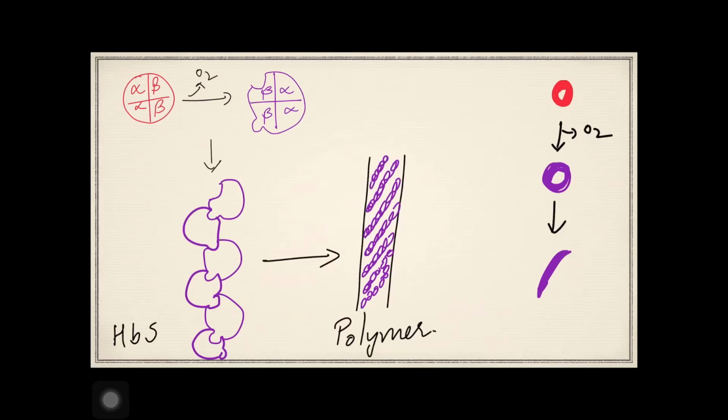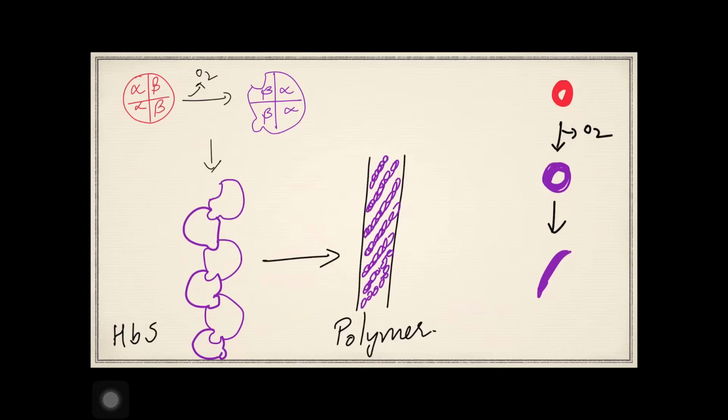Here we can see a small diagrammatic picture showing the pathophysiology of what happens to a sickled RBC. The red one is the oxygenated RBC. Once it undergoes deoxygenation, there is a conformational change which exposes a hydrophobic patch at the beta 6 valine area, which is shown as a projection. When these bind to another hydrophobic site on another hemoglobin, it forms a polymer. When it forms a chain, HbS molecule is formed.